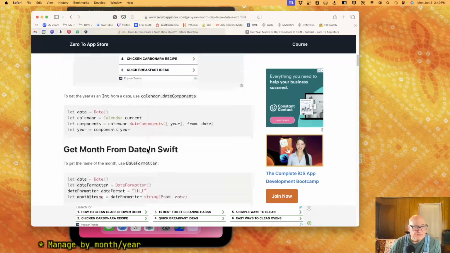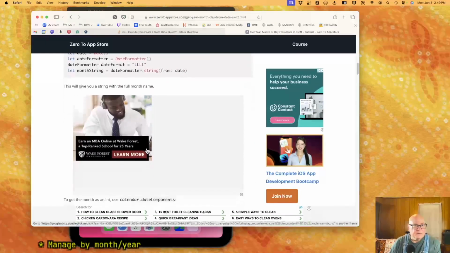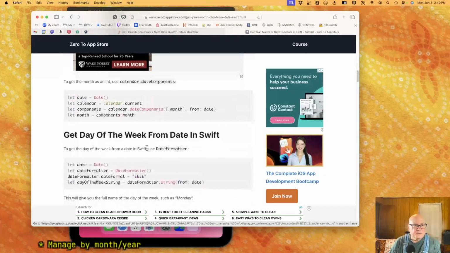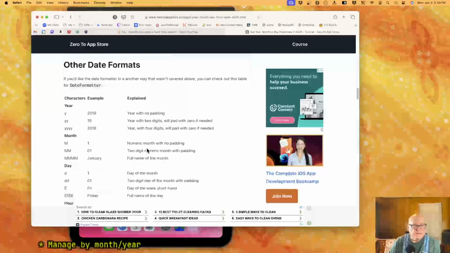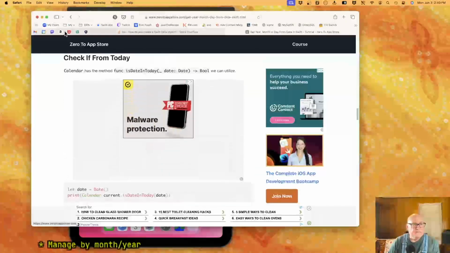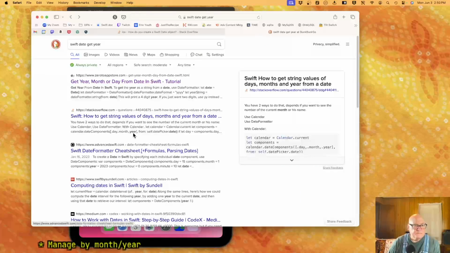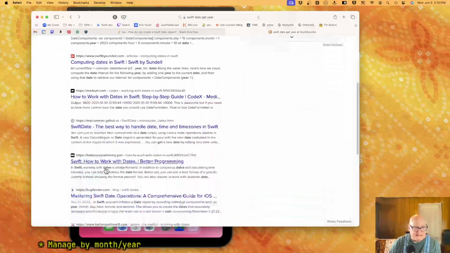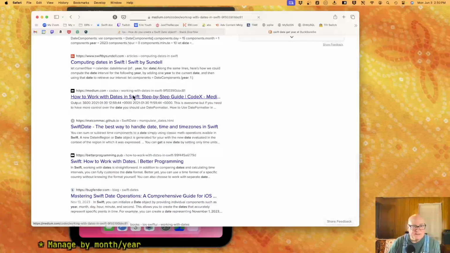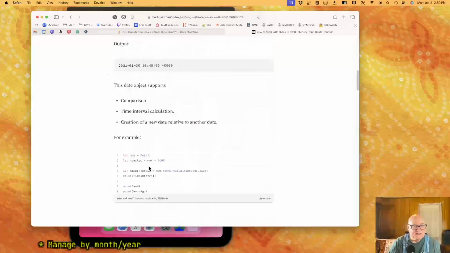Really? I don't want string values. Work with dates in Swift. That's promising.